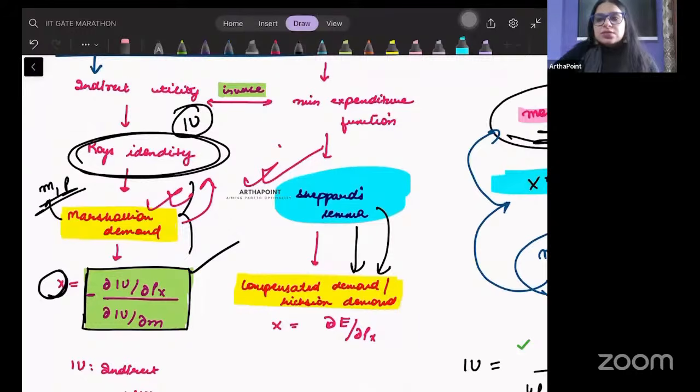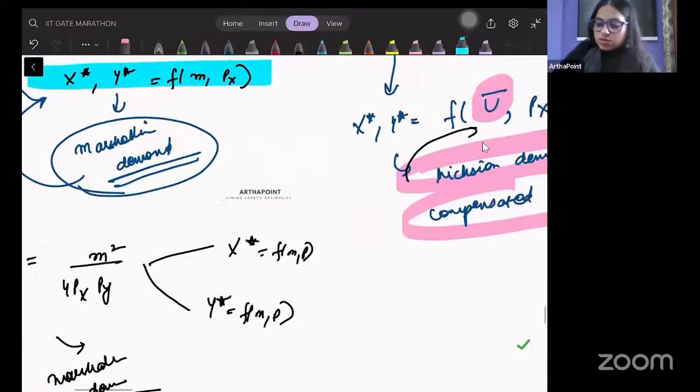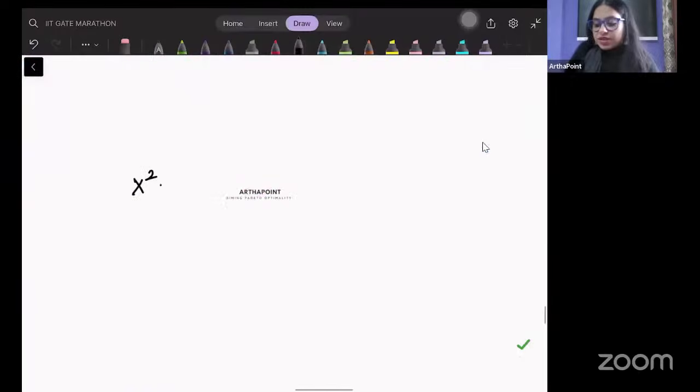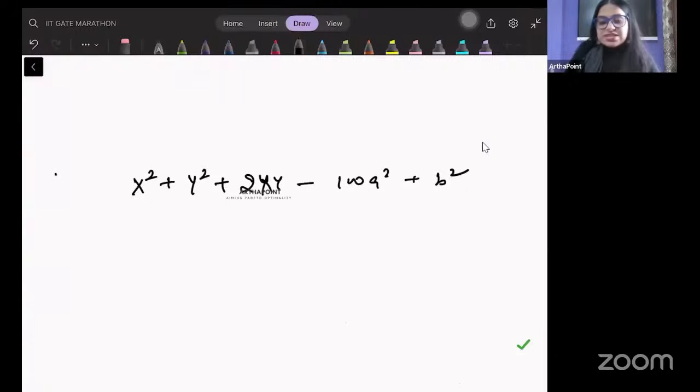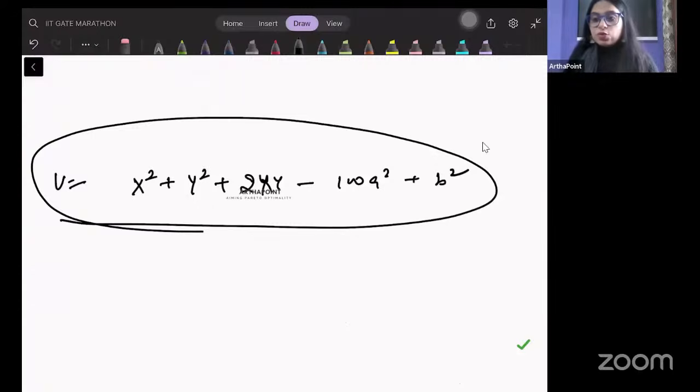GATE will not ask very in-depth questions, but it will ask you very conceptual questions. As I told you, this question was a question that came in GATE: x square plus y square plus 2xy minus 100, a square plus b square as a utility function. So you have to be very sure that you are very good conceptually for you to go ahead and attempt